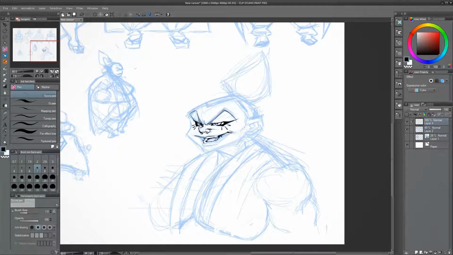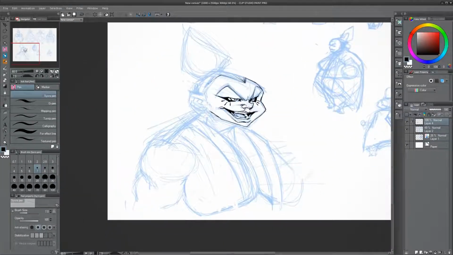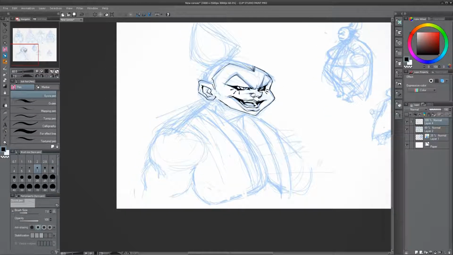If I do need to make it a bit more grungy or tattered, I can always do that later. But for now, it's more about getting a basic, clean design that has a lot of shapes that are working and that I like. So you'll notice a ton of triangles everywhere.